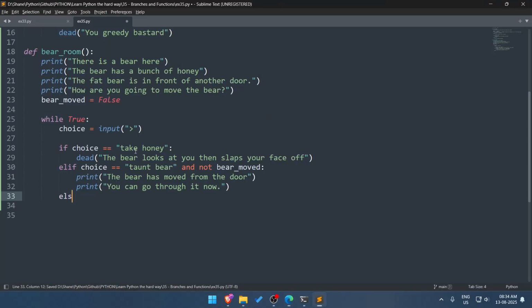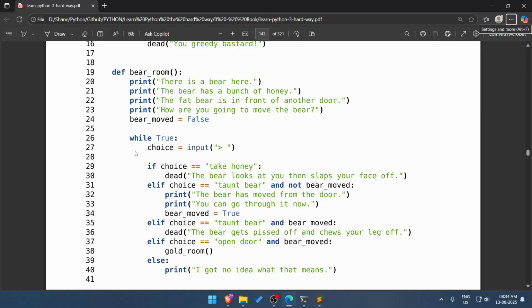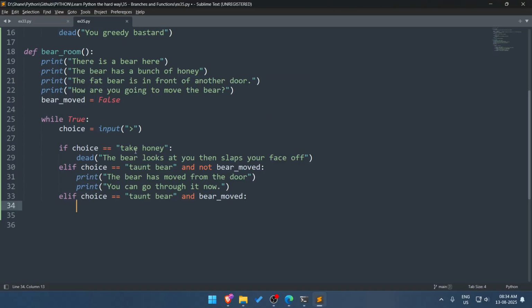And we have another if: choice equals taunt bear and bear has already moved. Then we go dead: "The bear gets pissed off and chews your leg off."